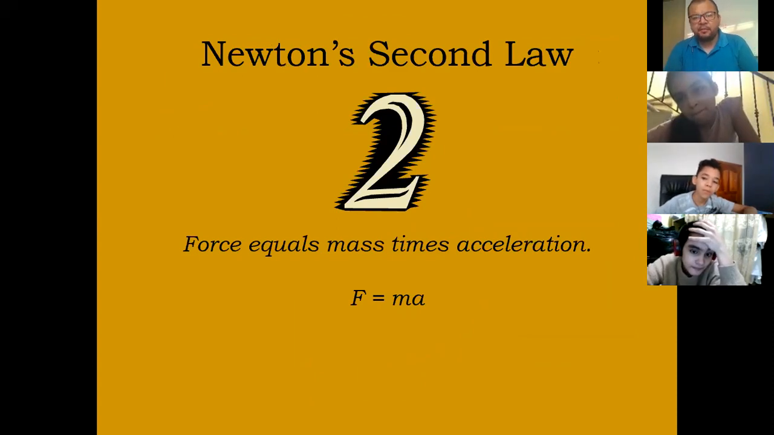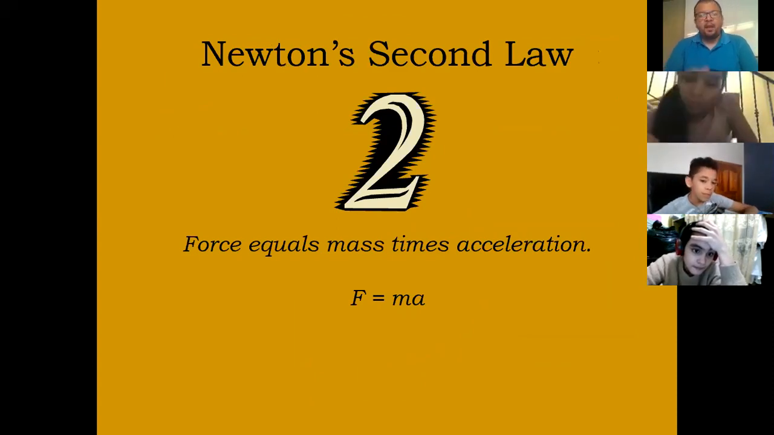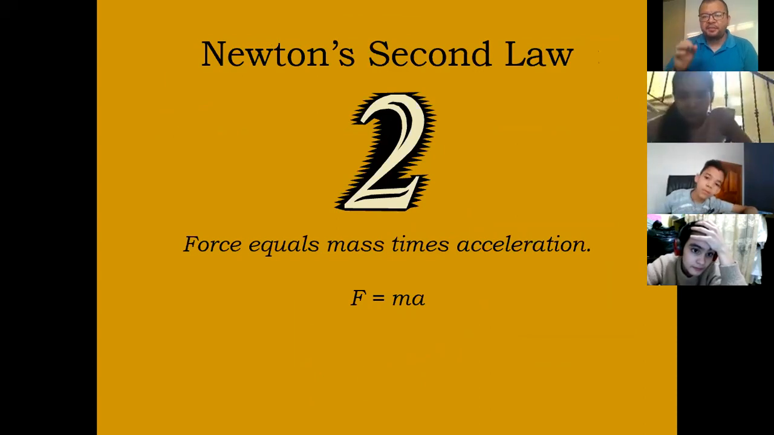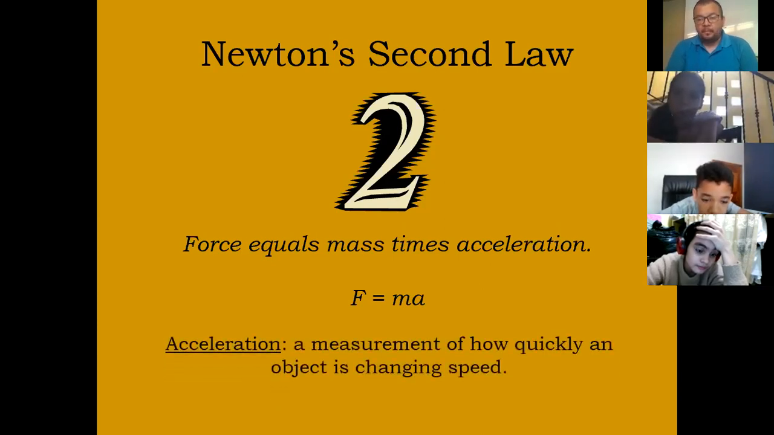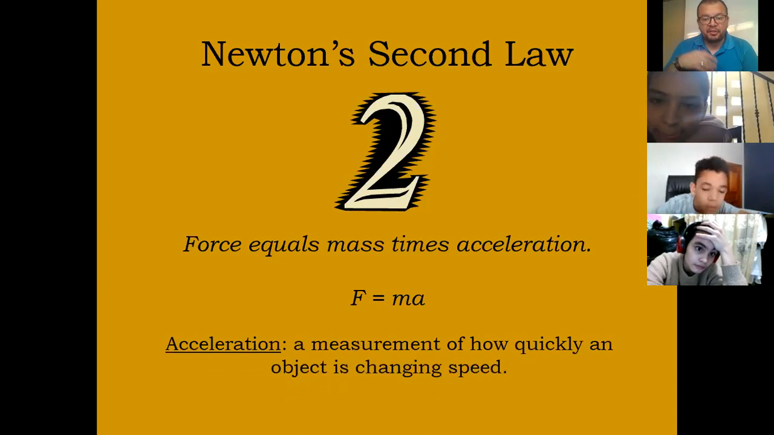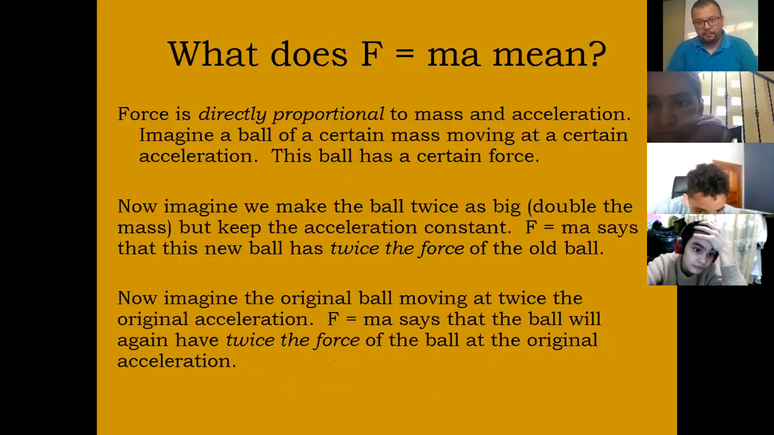Let's talk about the second law, Newton's second law. Force equals mass times acceleration. There is the formula: F is equal to m times a, right? And the acceleration is a measurement of how quickly an object is changing speed. What does F equal to ma mean? Or what is force equal to